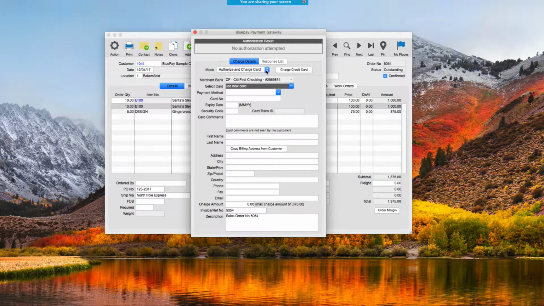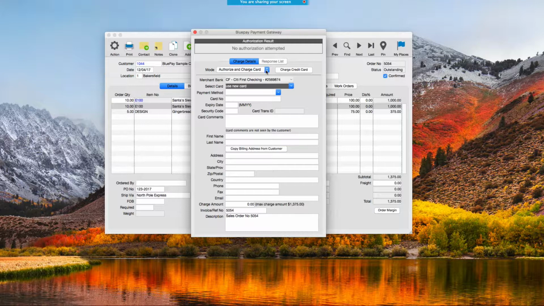An authorization only might be something where you take an order from a customer, you take the credit card information, you don't want to store the credit card information anywhere else, which you shouldn't. So you authorize the card and then the card becomes available to be reused in the future, but you don't know the card number and the details with it anymore because they're gone, but the card has been successfully verified